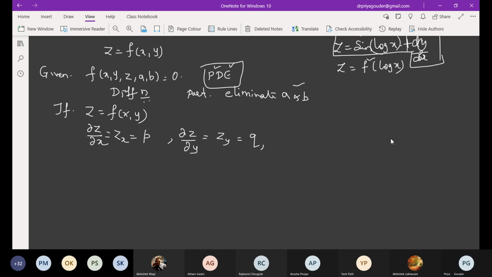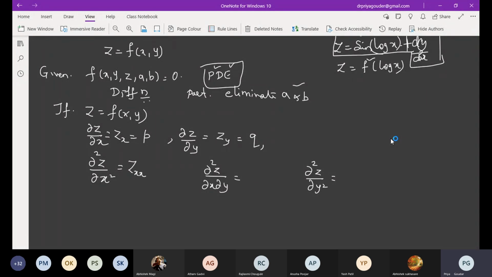Now, if z is a function of two variables, how many second order derivatives can you find? Two. Actually, you can find four, but among the four, the two mixed ones we take as same. So you can say there are three second order derivatives. Do you know the shortcut form of writing dou square z by dou x square? You might have used it in first semester. Dou square z by dou x square is taken as zxx.